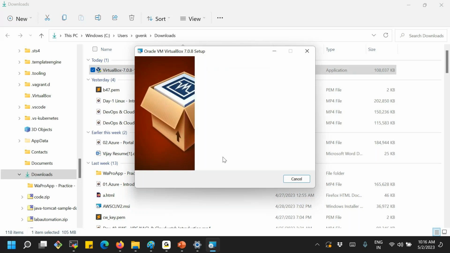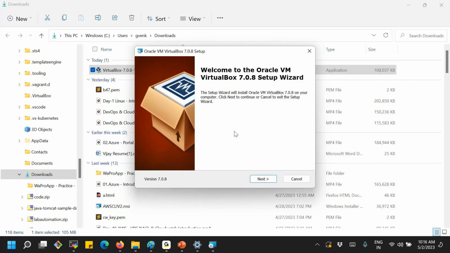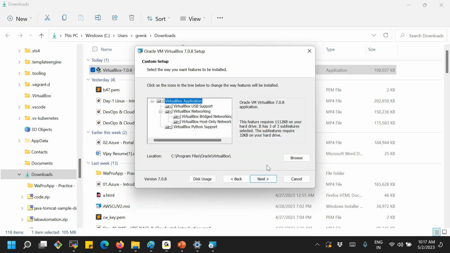Now it is prompting for the setup. In my system VirtualBox is already installed and ready, so let me check if there are any latest updates. But when you are doing this installation, download the .exe file, just go ahead, next, and finish. These are straightforward steps, no big deal. This is the installation location.